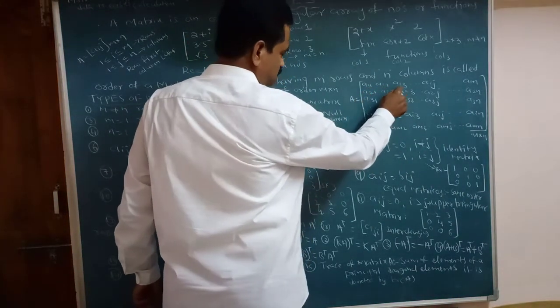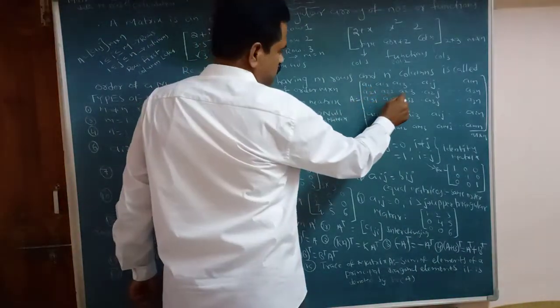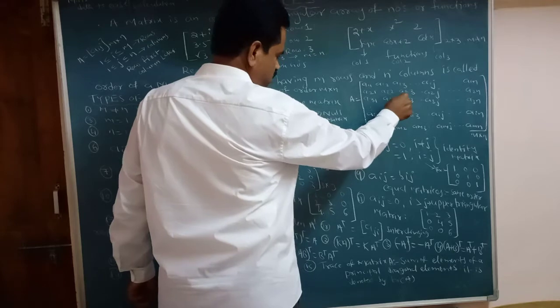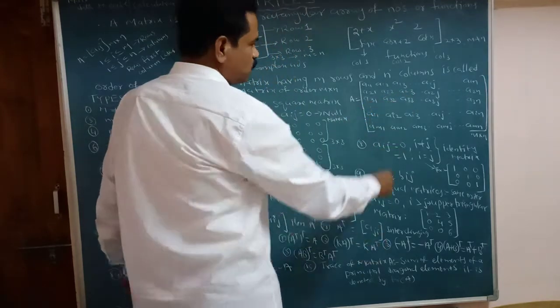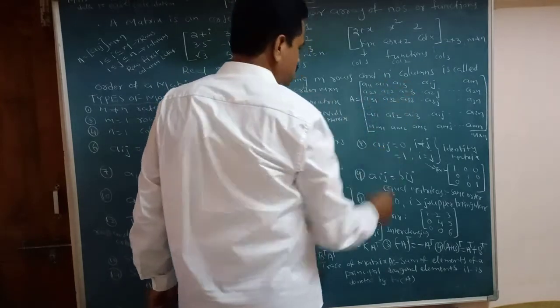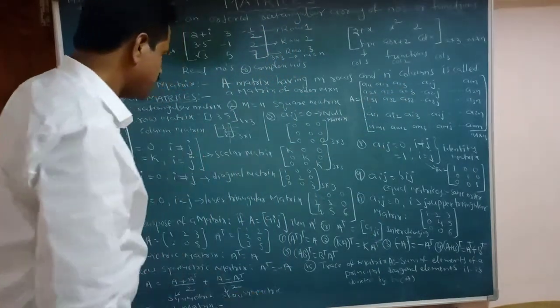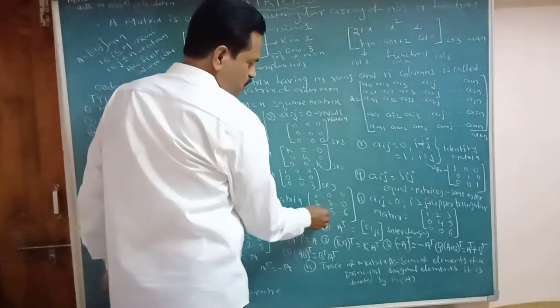And this one is what here? 0. So next, suppose this is 1, it is 2, it is 3. So here j is greater. This value is 0. It is 3 1, 3 2, 3 3. So what are the zeros here? 1 2, 1 3, 2 3. These are zeros. So for example, see here, that is 1 0 0 or 2 3 0 4 5 6.